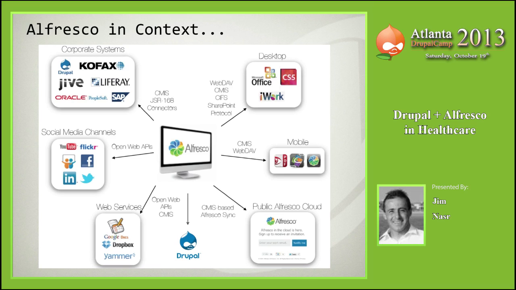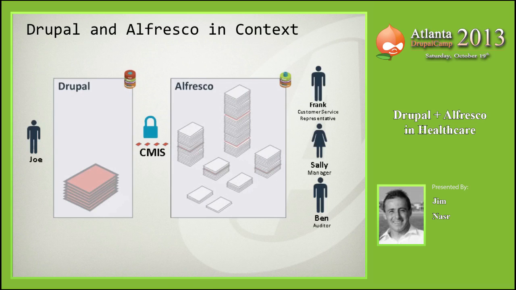We don't want to be the product that claims that it does everything, that we do marketing automation and we do CRM, et cetera, et cetera. We want to be the best that we are in the web content management space. But we want to integrate with the best of breed in other areas, such as Alfresco. So I don't think this is going to be a story that's going to go away. I think this is something that hopefully you hear more and more.